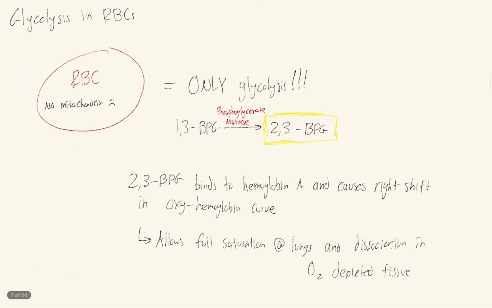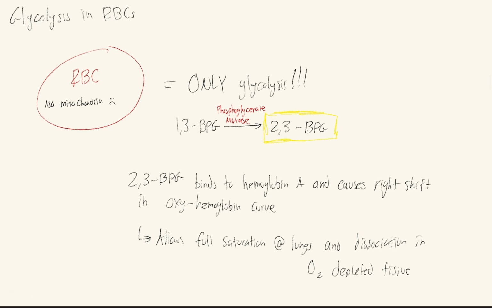On to the next thing, I would like to briefly talk about glycolysis in red blood cells, because glycolysis in red blood cells is the only form of energy production that can occur. And that is because red blood cells don't have mitochondria. They're kind of losers, but they also keep us alive, so I guess they get a pass. But anyway,